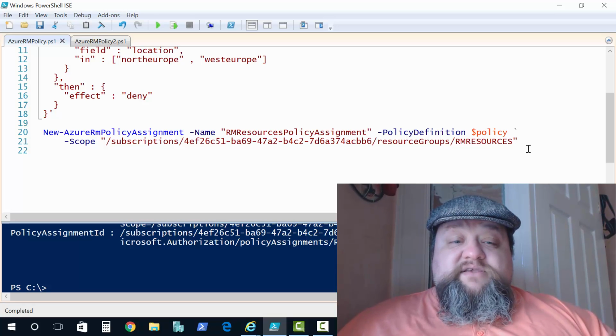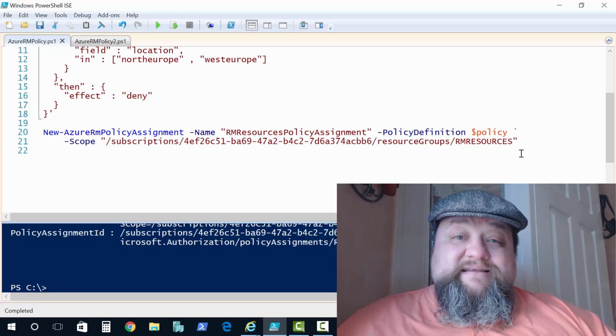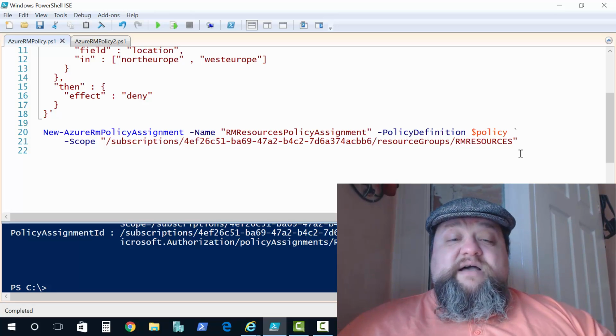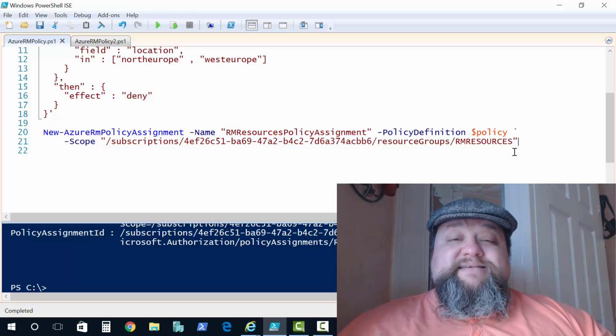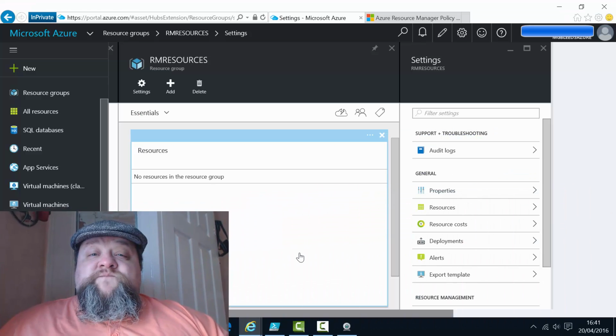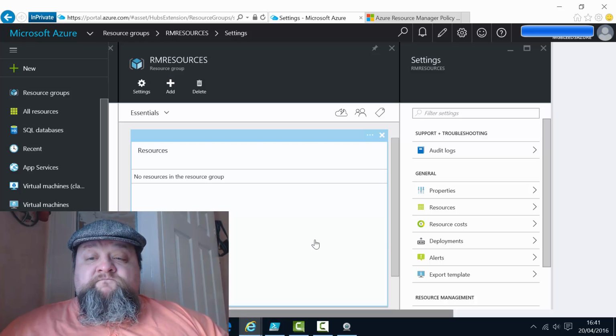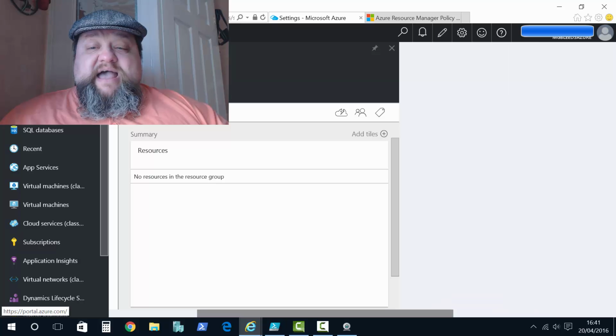So with the policy created and the policy now assigned to the resource group, let's go have a look at the resource group and see what we can create. If I sign into Azure now, we'll go to the ARM portal. So I'm in the ARM portal. I've connected and opened up my resource group called ARM Resources. And let's try adding a virtual machine inside here. So if I say add,